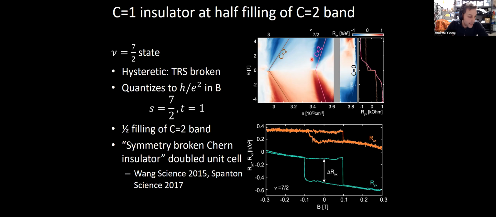And actually that, I think, is relatively important because here you have hysteretic transport. There's clearly broken time reversal symmetry. You're really relying on 0 magnetic field physics and some magnetism, which is intrinsic, to make a relatively exotic type of Chern insulator that breaks this symmetry. And in particular, what we've seen in Hofstadter bands is that the general energy scales that characterize these symmetry broken Chern insulators are not very different from the energy scales that characterize fractional Chern insulators.